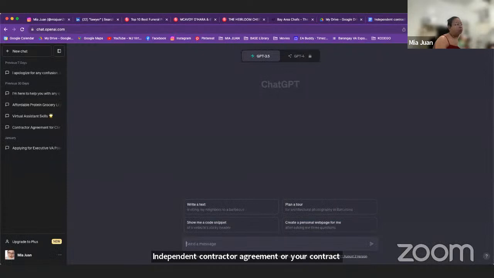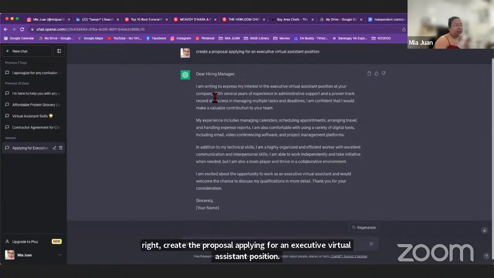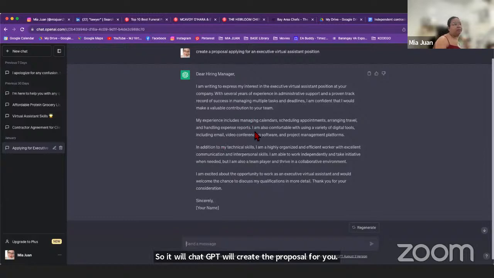Okay. Now, with creating your proposal, I think I used this in my previous training with Code Goals. So it says here, all you have to do is create a proposal applying for an executive virtual assistant position. So ChatGPT will create the proposal for you. Now, if you want this to be more unique to your client's need, remember I mentioned that, what you're going to do is